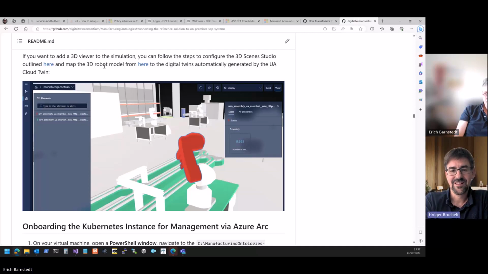Perfect. Well, Erich, thank you so much for these insights. I think it's really absolutely amazing how much content is already there. And if you look at the GitHub page, there's a lot of documentation and it's beautifully documented, as we just saw with all these screenshots. Thank you so much for sharing this.